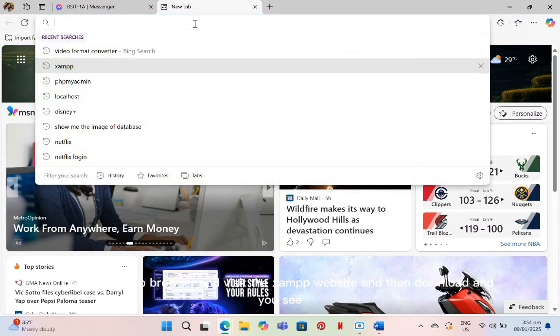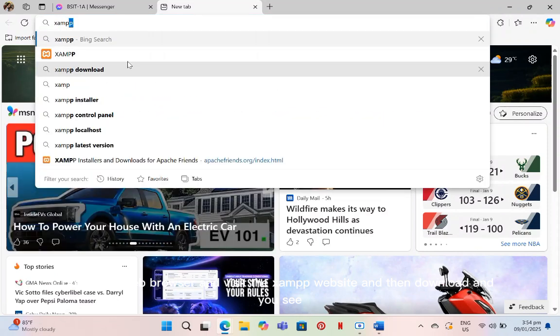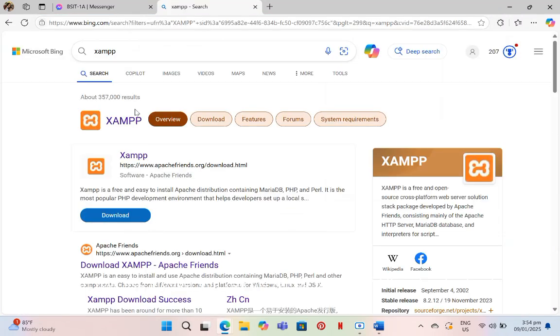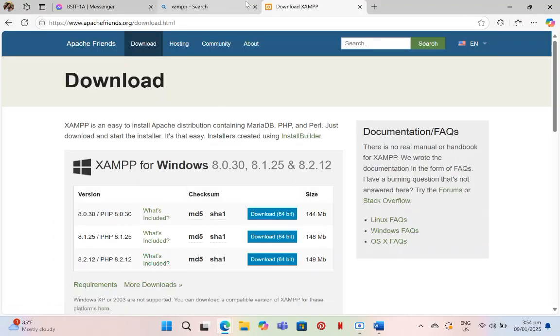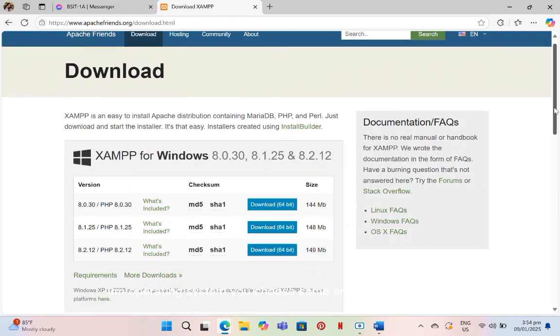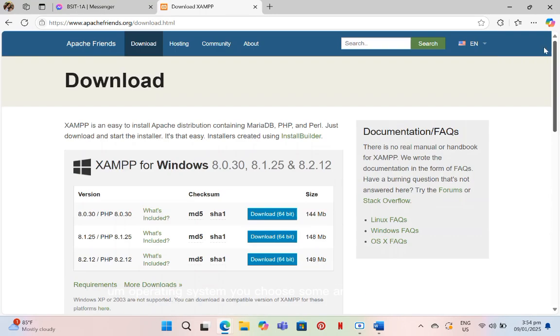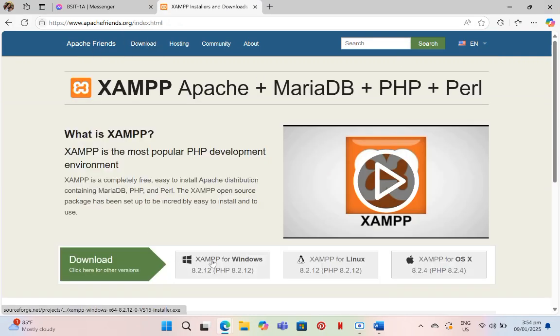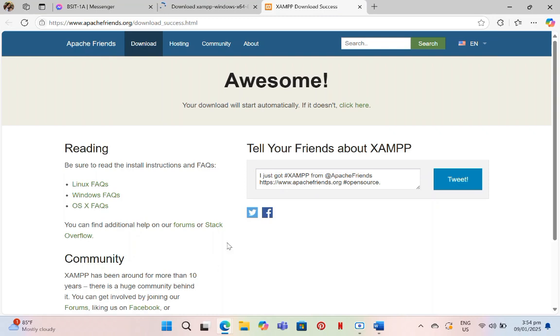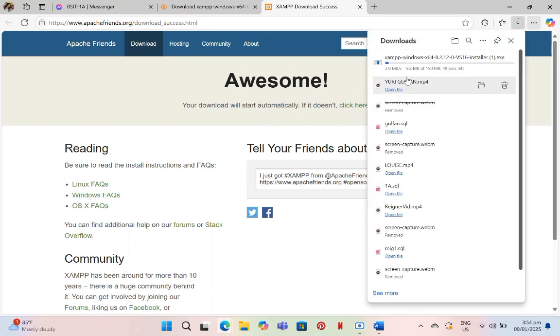First, open your web browser and visit the XAMPP website, then click download. You'll see the operating systems to choose from: Windows, Linux, Mac OS. We choose Windows. Once you click download, it should begin. You can save the file to a location you remember, like your desktop or download folder.